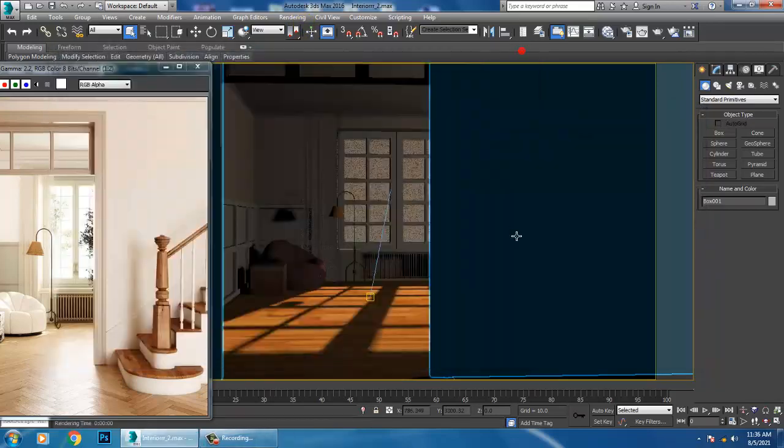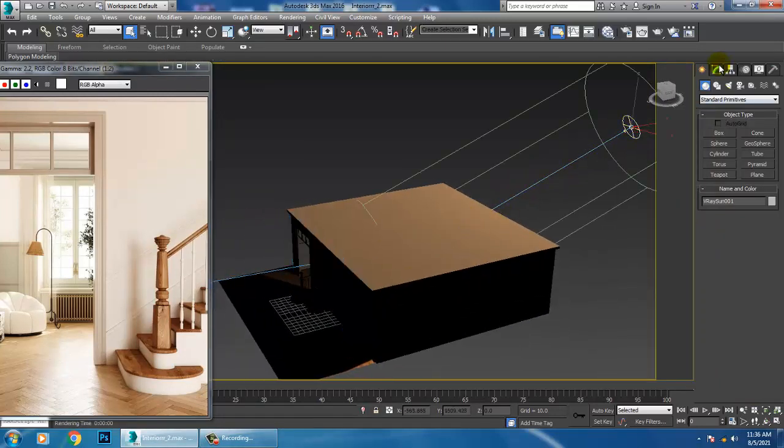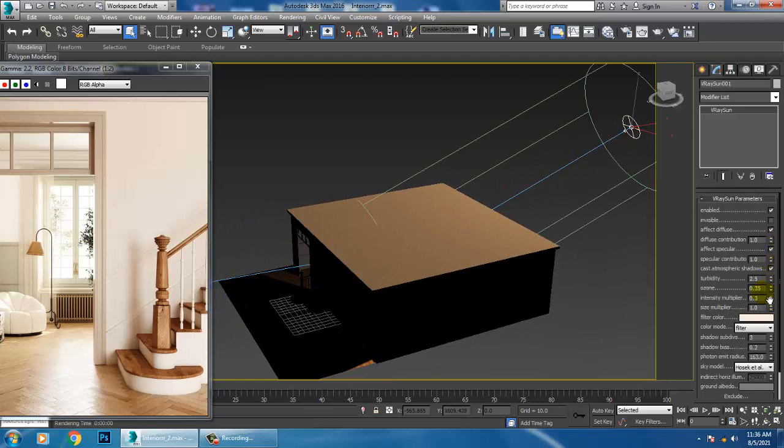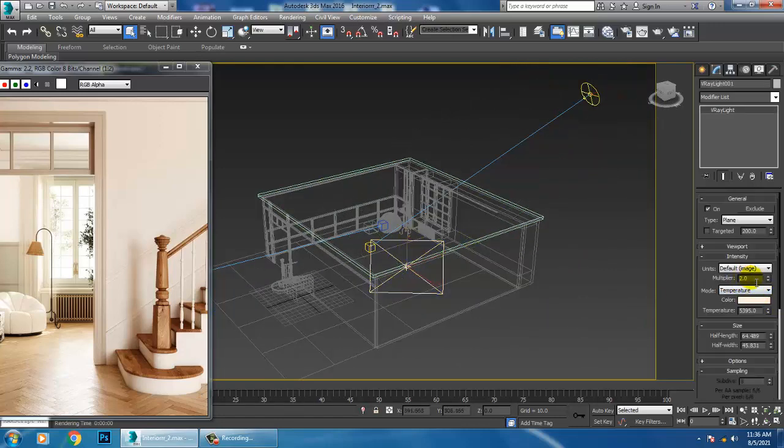First, we will slightly reduce the intensity of this V-Ray sun. It's 0.3, let's make it 0.08, and for this light we'll keep it as 2.